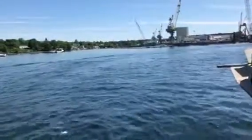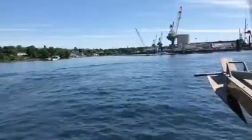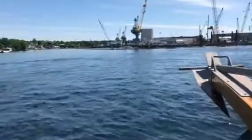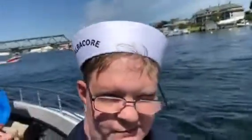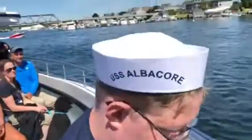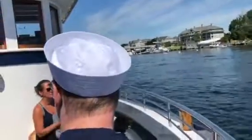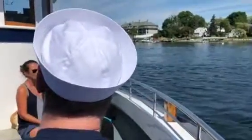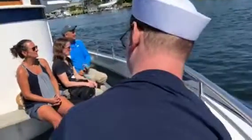The other 3 subs are each in a dry dock and are therefore out of sight. 1 other Los Angeles class sub in the yard, and then 2 newer Virginia class fast attack subs. They're slightly larger than this sub ahead at 377 feet in length. Subs come here for a variety of reasons and normally stay for 1.5 to 2 years. They come for scheduled maintenance and upgrades, and they're also brought in here to be decommissioned. That's where the sub has reached the end of its life of about 30 years. They then remove much of the equipment on board in preparation for